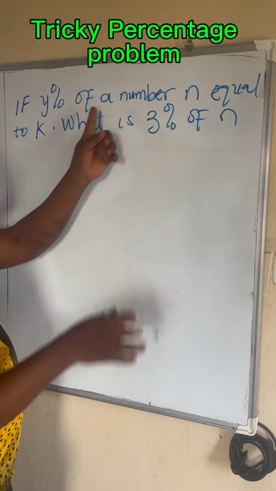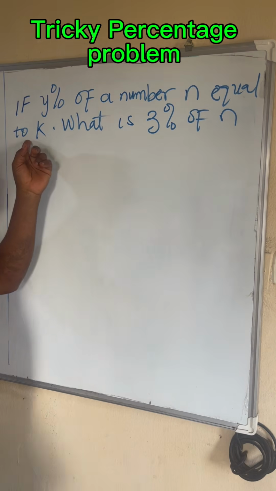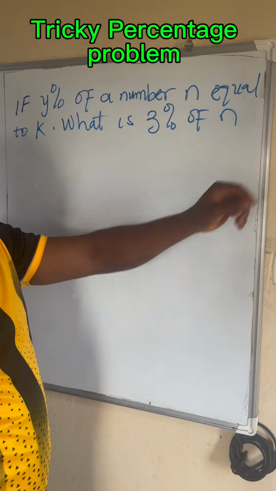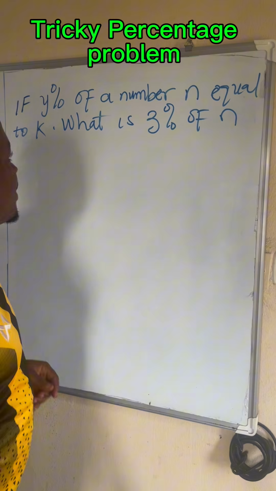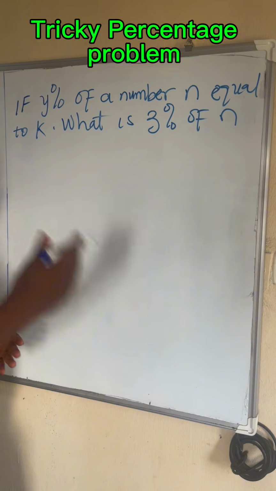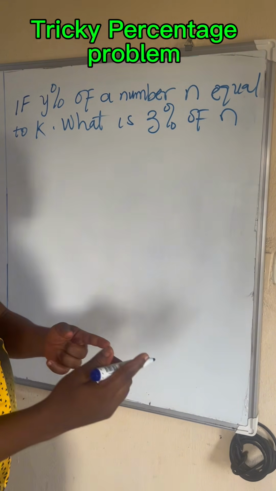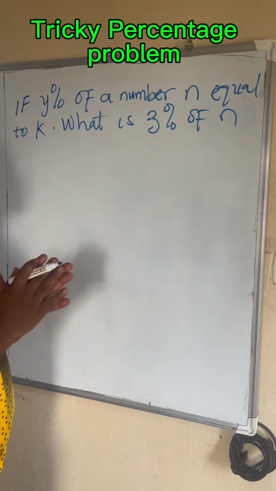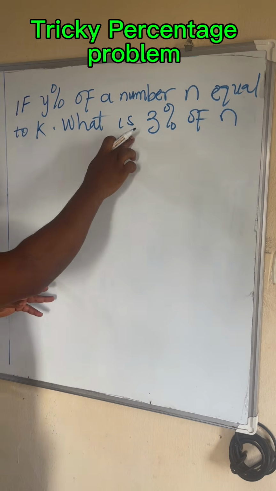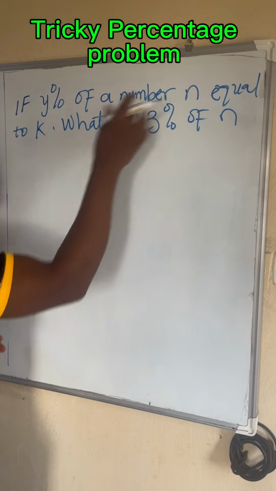If y percent of a number n is equal to k, what is 3% of n? Let's interpret this. When you have a percentage of a number, it is that percentage times that number. If it is equal to k, you'll be asked what is 3% of n. First of all, let's break it down. Solution: